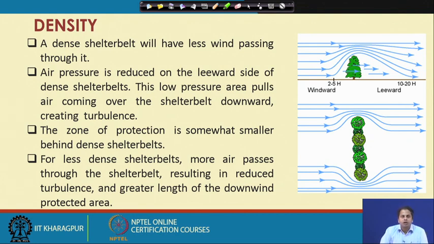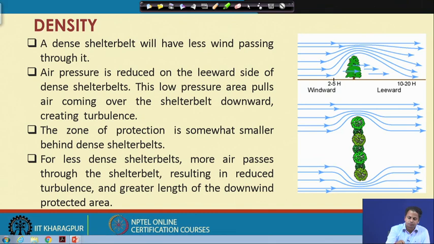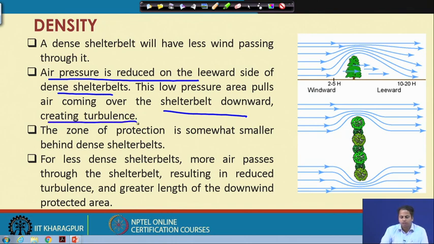A dense shelter belt will have less wind passing through it. So, the air pressure will be reduced on the leeward side of the dense shelter belt. This low pressure area will pull air coming over the shelter belt downward and will create turbulence over that region.